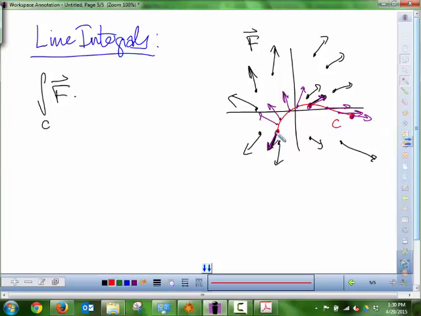So what I could do is, from this starting point to the ending point of the curve, I might be interested in finding out how much work it takes to move from one point to the other along this vector field. And remember how to find work with vectors? You dot them, right? Force times the distance, essentially you're dotting them. So that's what we're going to do. As we're going along this curve, we're going to follow this curve via the tangent vector. And then at each point on this curve, we're going to dot the tangent vector with whatever vector that field is contributing. That's how our line integral is defined: we're taking the dot product of the vector field with